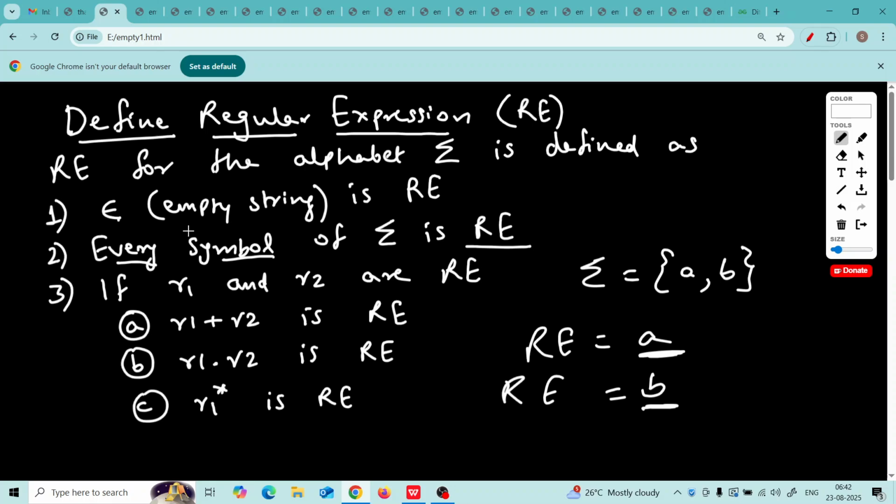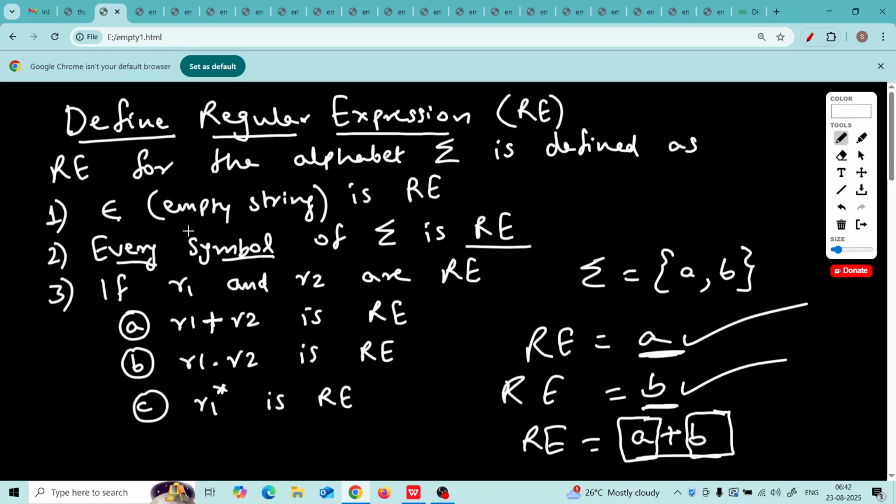Now you think of this. If R1 and R2 are regular expressions, then their ORing is also a regular expression. If I write a regular expression like this, A plus B, this is a regular expression. You all will agree that A itself is a regular expression. Yes. B itself is a regular expression. Yes. That means R1 is a regular expression, R2 is a regular expression, their ORing is a new regular expression. Similarly, concatenation of 2 regular expressions is itself an RE, and if you raise R1 to star, 0 or more occurrences, it is also an RE. This is the complete definition of a regular expression.